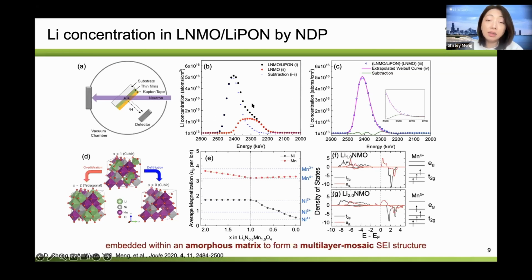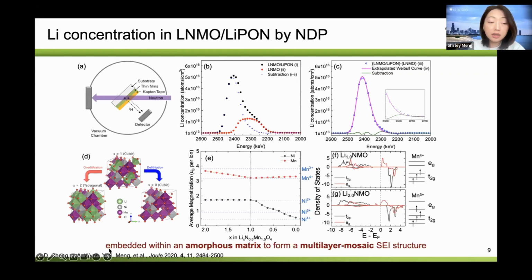So in the neutron depth profiling experiment we did with NIST, the principle is quite straightforward. You have the neutron interact with the thin film that we have prepared, and from that, we prepare multiple films, one with LiPON, one without LiPON, and then the substrate only, and you can get this very high quality neutron depth profiling. And of course, there's a lot of fitting involved,